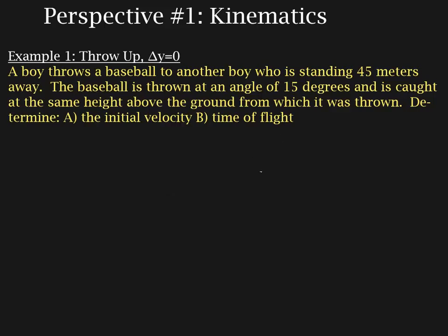Okay, in this example, we're going to take a look at a throw-up problem where delta y is equal to 0. Now, the facts of the problem are this. Two boys are throwing a ball, and the baseball follows a parabolic path where the baseball returns to the same height. We desire to know what is the initial velocity of the baseball, knowing that the angle is